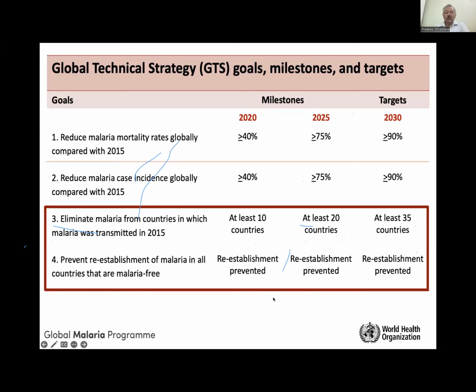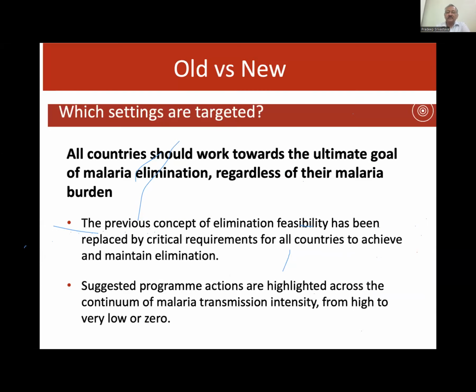So the fourth point is that prevention of re-establishment. It's not only that you do something, you have to show that, yes, you have prevented it. So the documentary evidence has to be shown, and that will come only when, year after year, you are showing that there is no re-establishment of even a single malaria case in that area. Now, if you look at this,